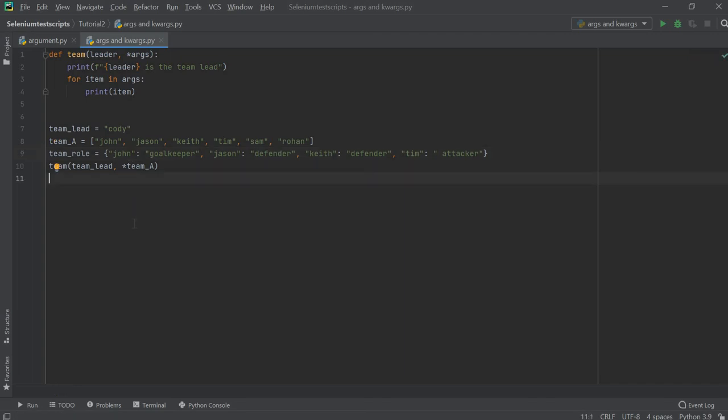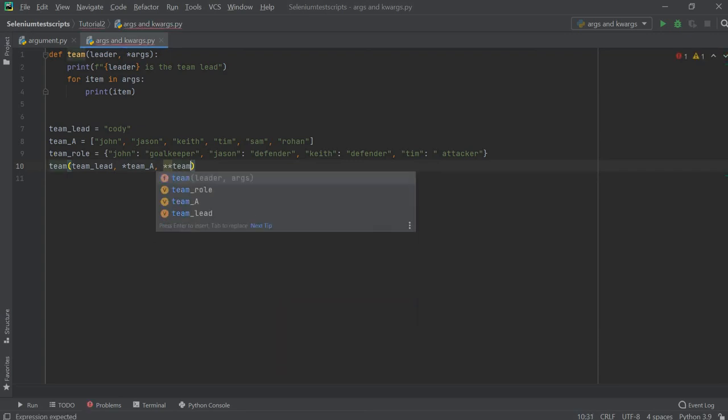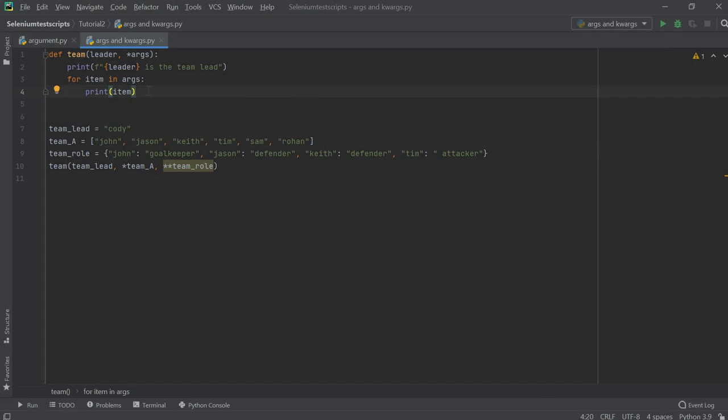We pass this kind of dictionary as kwargs, meaning as keyword arguments. When I call this, I'm going to pass it by using the double asterisk sign and the name of the dictionary, which is role, and now I'm going to print it here.